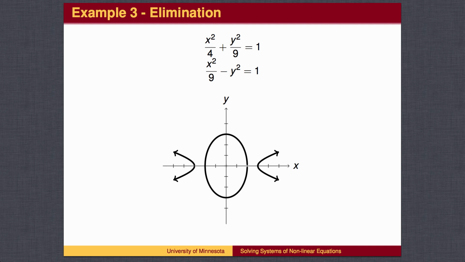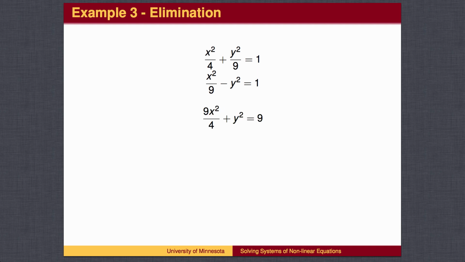Here's an example of an ellipse and a hyperbola. A detailed graph will show that they won't intersect. Let's see what happens algebraically. We can use the elimination method. We can multiply the first equation by the constant 9 in order to cancel the y squared terms. Combining the second and third lines gives an equation in x, which we can solve by multiplying by 36 over 85, then reducing the fraction and taking a square root. When we plug this answer back into the first equation, we find we can't solve for y.